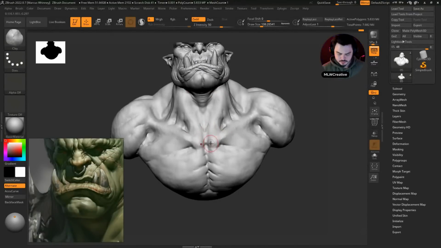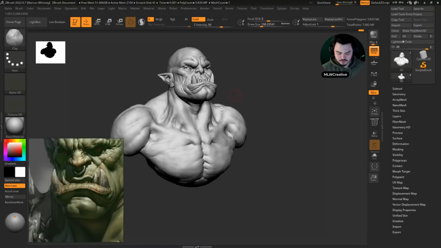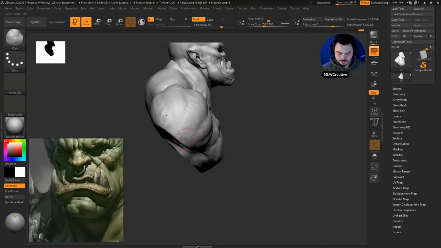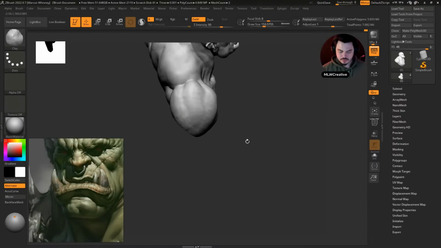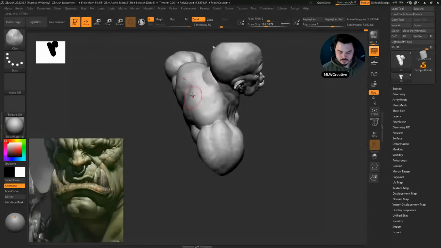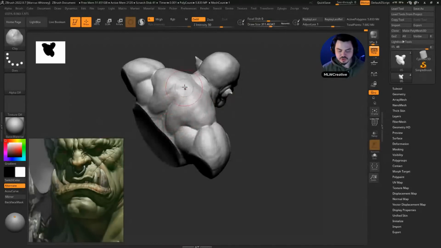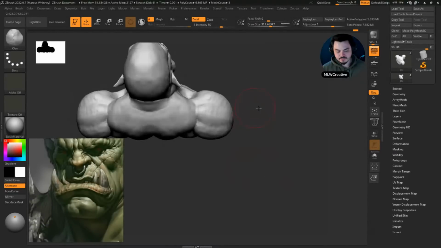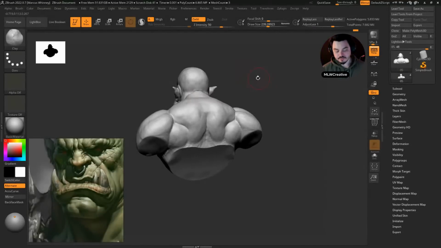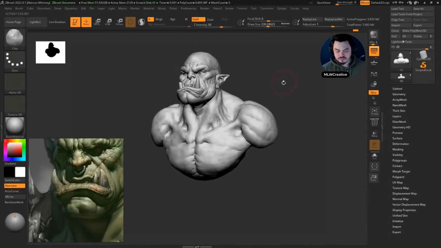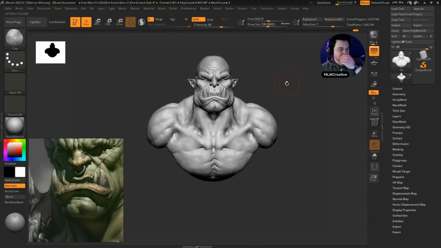I'm just going to continue around here. I'm not going to be worried too much about the back here, even though I like the way it's actually going, and I'd actually quite like to make the whole body at some point. So having a nice strong structure like this to come back to,